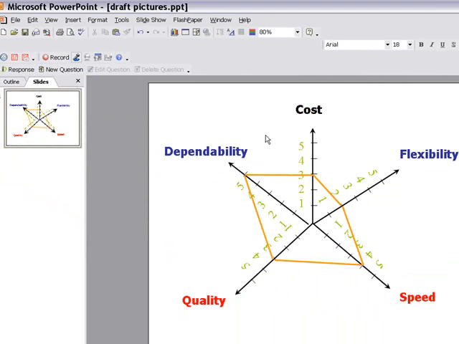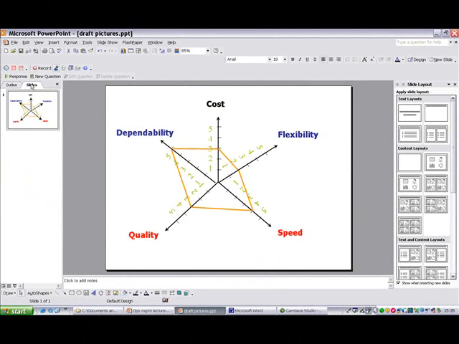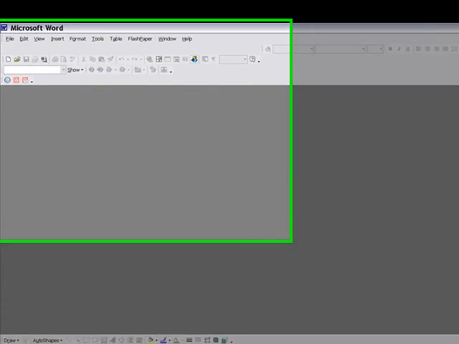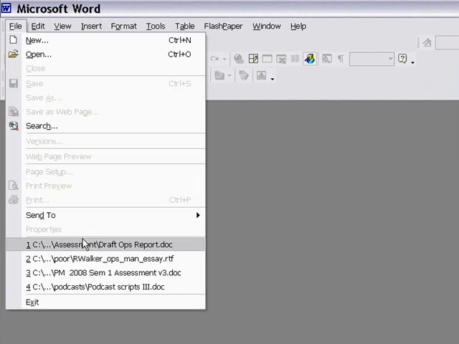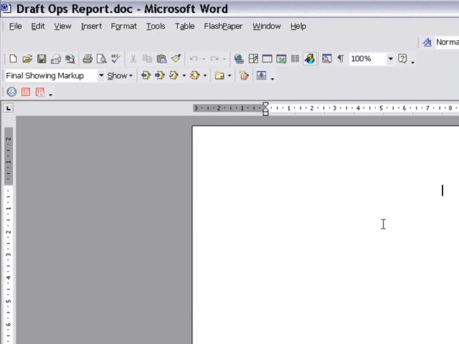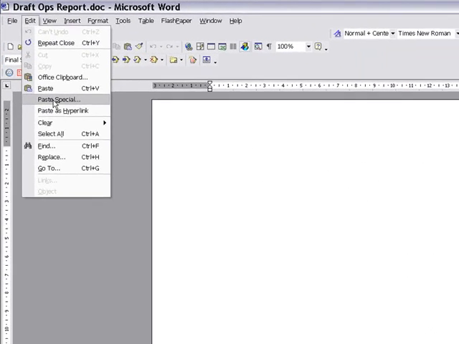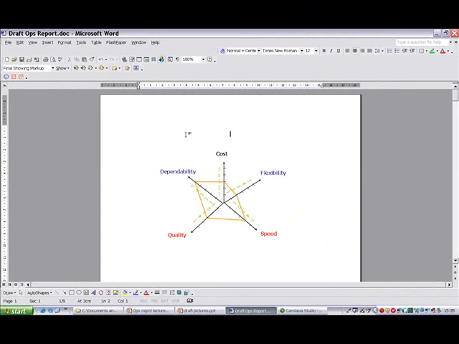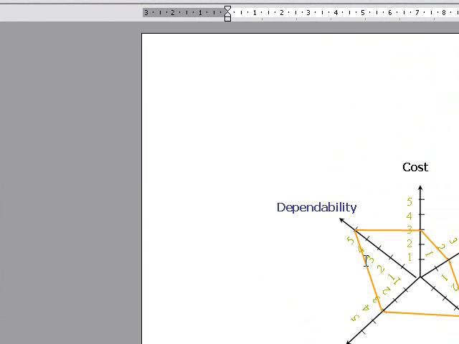Once we've done that, and we want to use the whole of the slide, we can then select the slide here in this view, click copy, and then go to our Word document that we're using to write the report. We'll open up the report, and you see here that I've got some text in there. So what I can do, once I've got my finished thing, is edit, choose paste special, and choose enhanced metafile here, picture, and then that gives us a nice diagram in there,